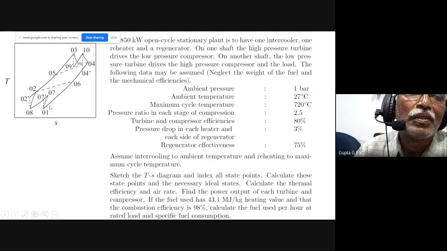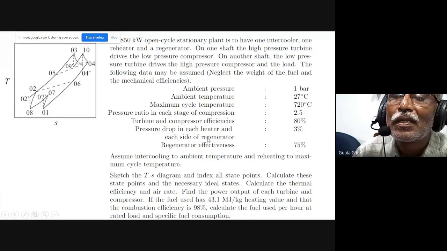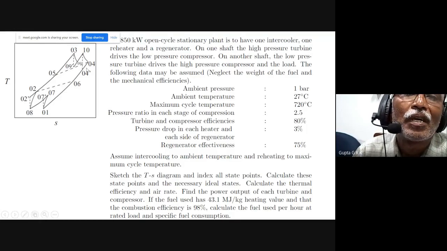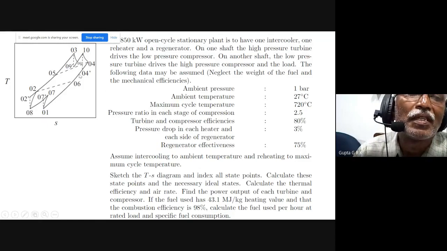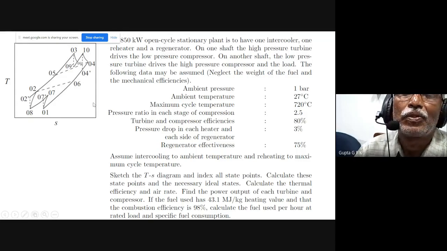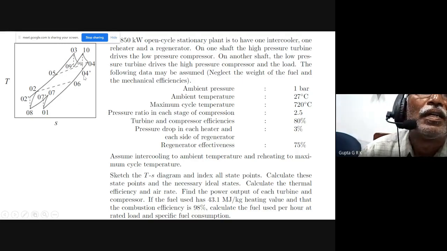And here also P01 plus, so if I know this P04, 0.03 times that, I have to add to this so that I can get P04. Okay, so that is the way. Once I get all the temperatures here, again